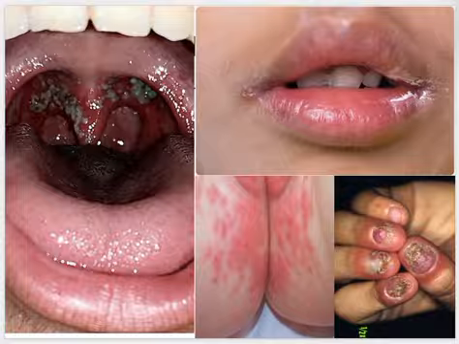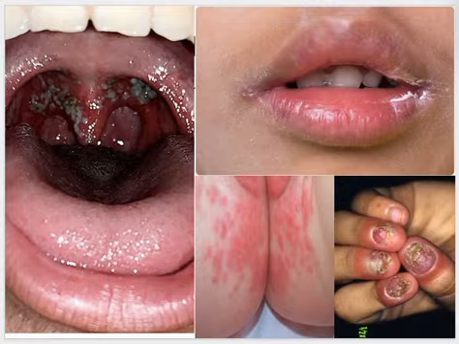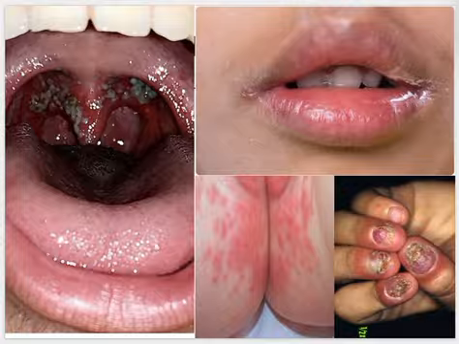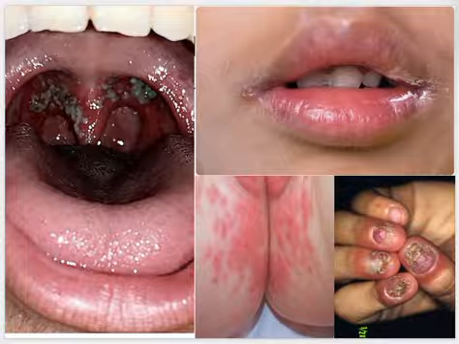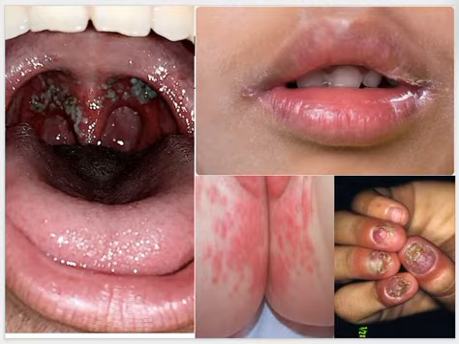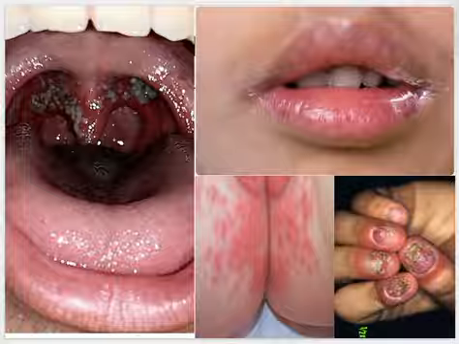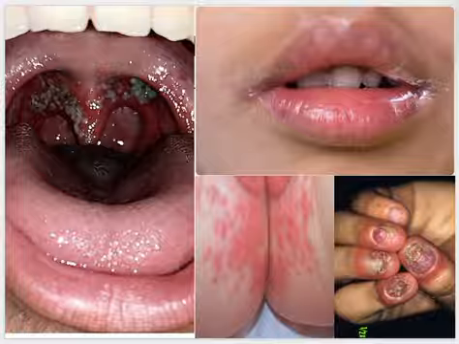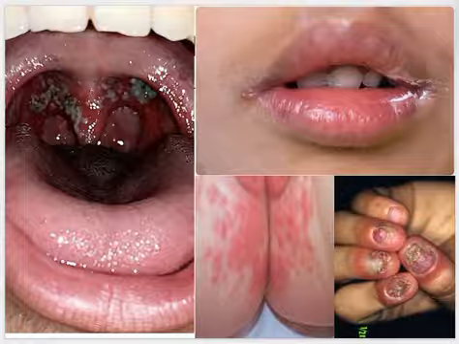Looking at clinical images of candidiasis reinforces what we've discussed. Severe oral thrush shows thick white plaques covering the throat, while angular cheilitis causes cracking at the mouth corners. Diaper rash in infants appears as bright red, inflamed skin, and candidal paronychia affects the nail folds with swelling and discoloration. These examples illustrate how candidiasis can affect various body parts with distinctive signs.